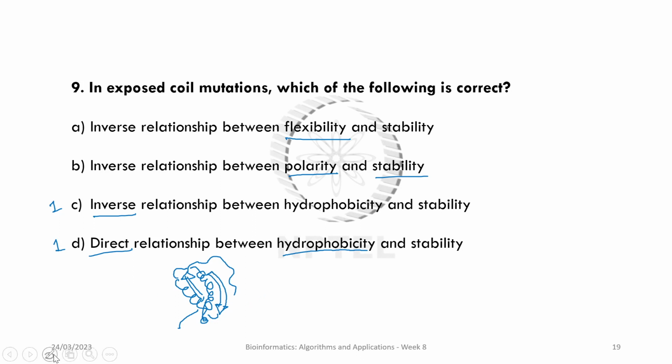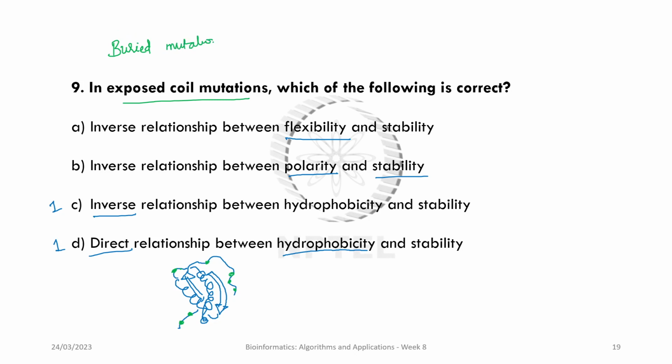We're talking about some place like this. It's a coil and it's exposed, right? You won't generally expect such a big coil sticking out, but just for a representation. So, in exposed coil mutation, which of the following is right? So, it was seen that based on the position, so buried